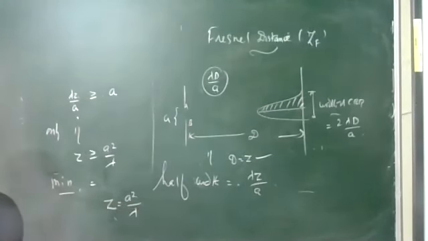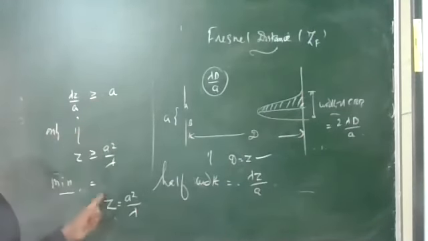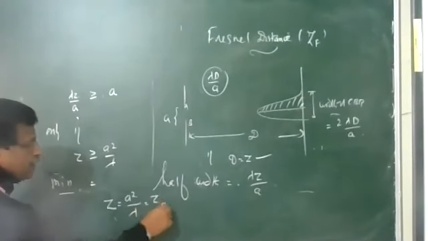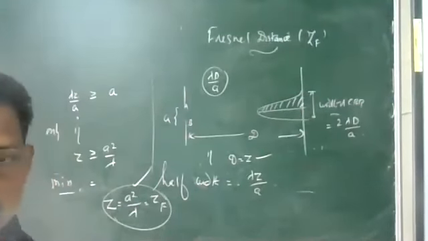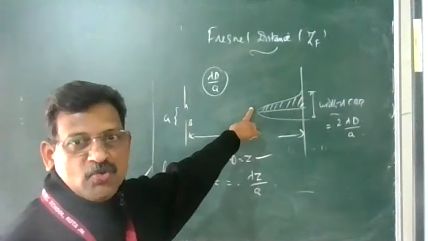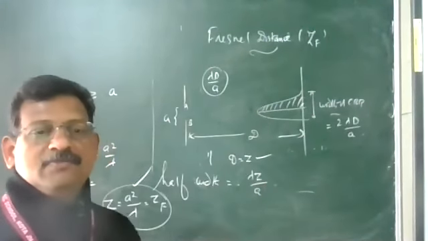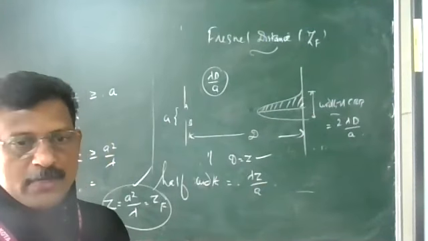This is the minimum distance light has to travel to get a diffraction broadening equal to the width of the slit. This distance can be 10 meters, 15 meters, and this minimum distance is called the Fresnel distance. So up to the Fresnel distance, light travels along a straight line and ray optics is valid. Beyond that, the broadening of the central maximum will be prominent, so wave optics must be considered. So this is the calculation for the Fresnel distance. There are numericals given there. Practice. Thank you.